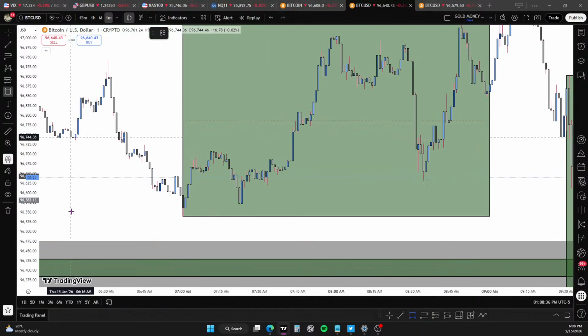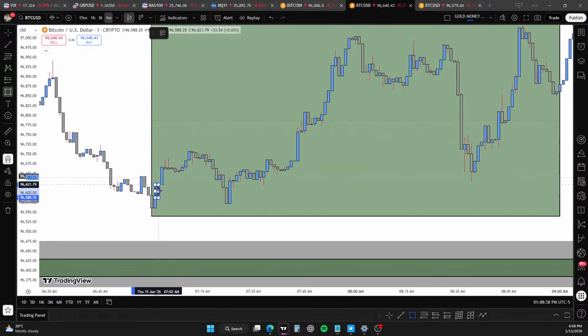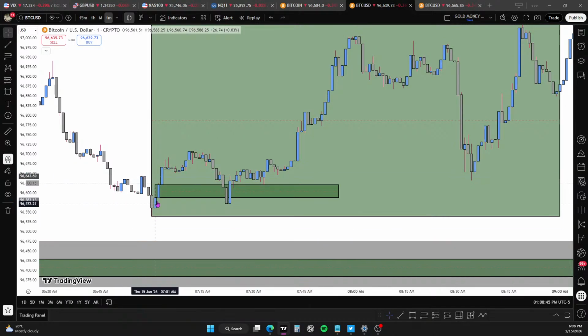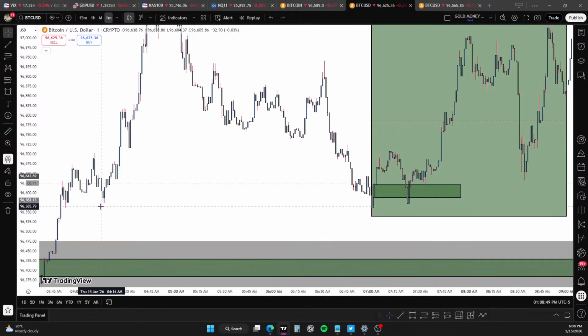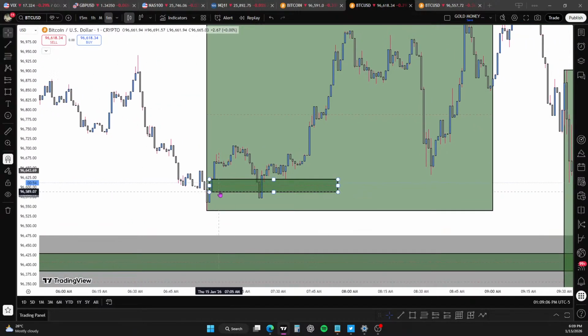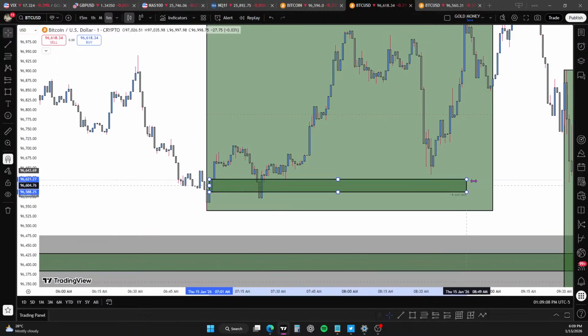So to be honest, I can use the actual first presented fair value gap on this chart, because we did that already, and then price came and took the high of the move and swept all that out. So we swept all that out here, and then it opens this candlestick, and that candlestick swept all of this out, and then we traded higher above this candlestick. So this is our first presented fair value gap.